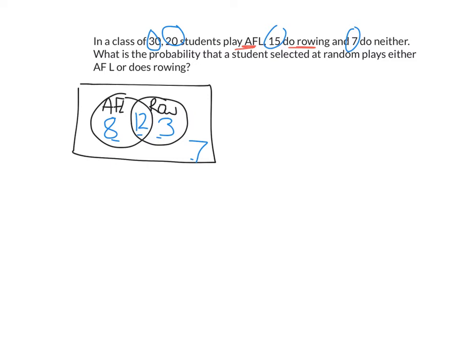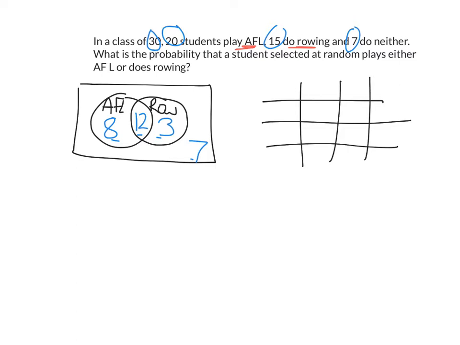So we could have just as easily put this in a two-way table. So the two sets, again, we have AFL, and we also have people who don't play AFL. That dash means not. And, of course, the other option is that the students row or do not row, and we just populate this table. So the number of people who play AFL and row, again, that's the number we've overcounted, so that's 12. Row but don't play AFL, so that's these people here, 3. These people play AFL, so they're in this column, but they don't row, so we put them here, and then